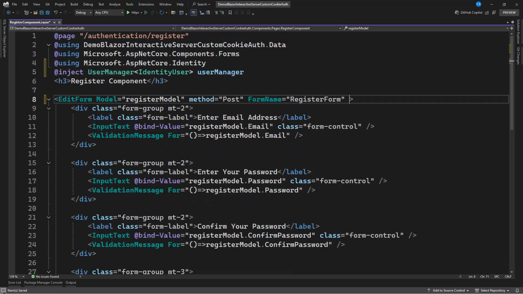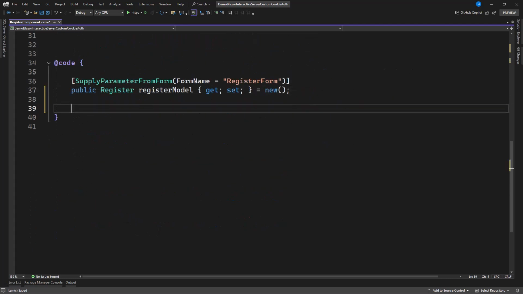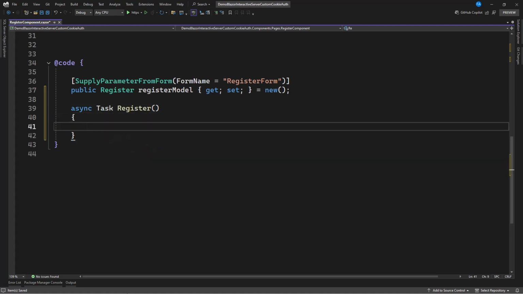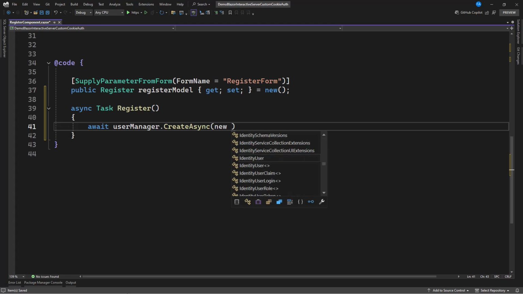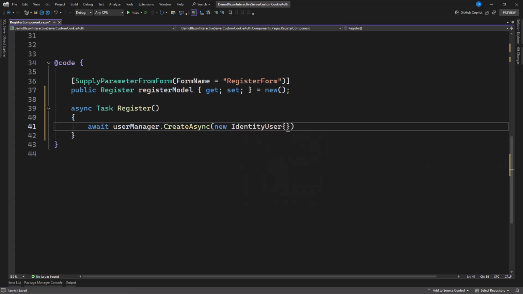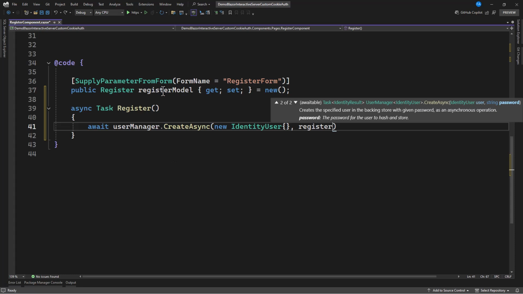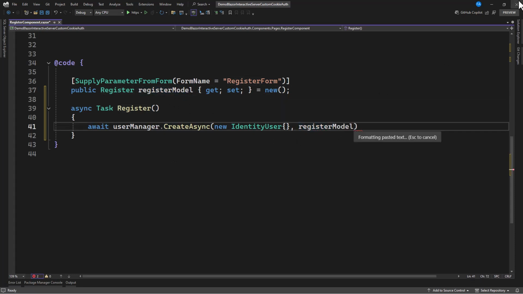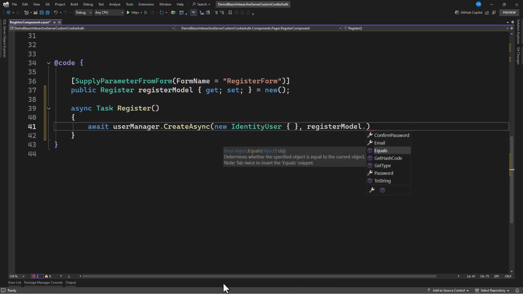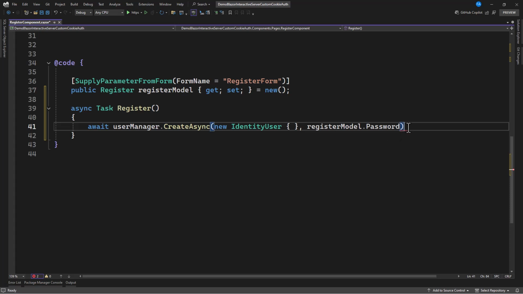Okay, we did not do this. On valid submit, register. So let's create a method that is async task and say register. When this button is clicked, you want to say await user manager dot create async. So new identity user, and let's specify this register model dot password. So in here, let's specify